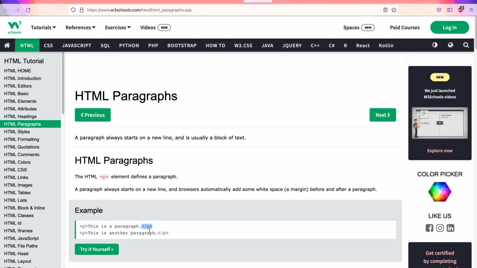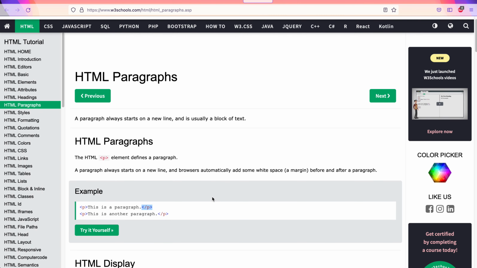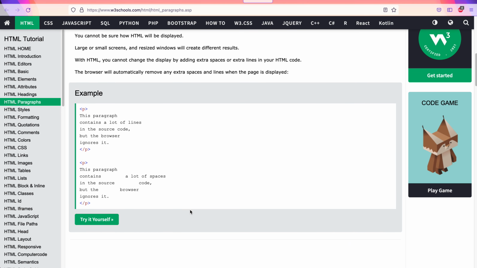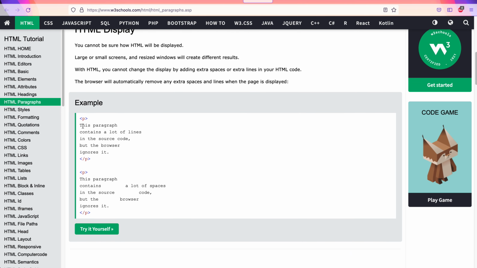You will see that in a moment. See these two examples. There is one paragraph that is a lot of lines, and there is another paragraph that is also a lot of lines, but there are also a lot of blank spaces between the words. Let's see how the browser displays these two paragraphs.